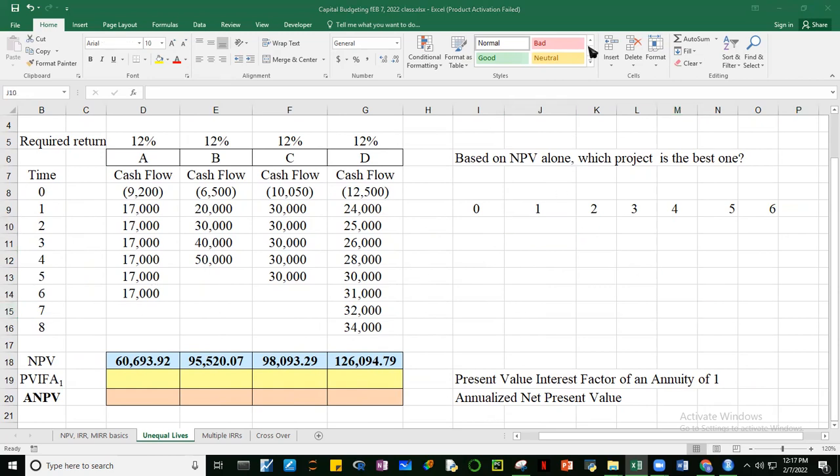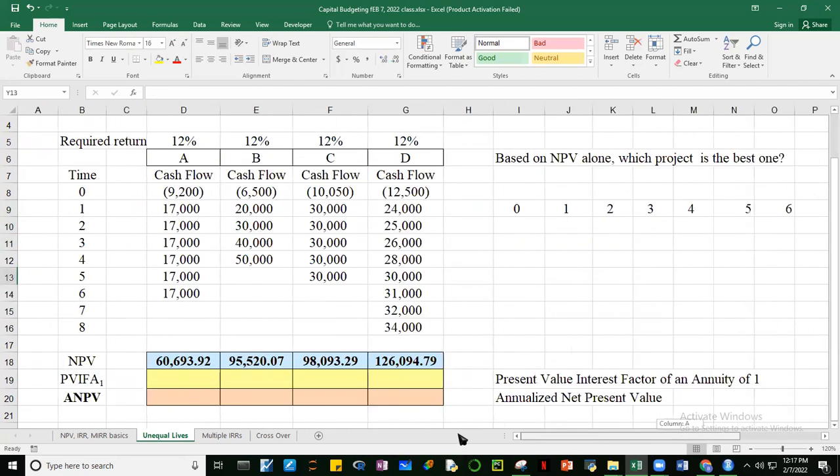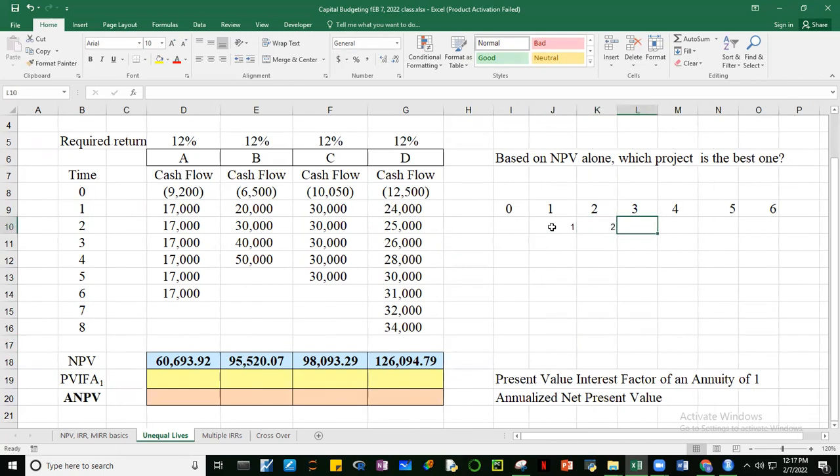what we do is we're going to compute for the present value of an annuity of 1. So ano ibig sabihin nun? Ibig sabihin nun guys, lalagay tayo ng annuity ng 1. This is 1, 1. Okay. Yan, no? So meron tayong 1, 1, 1, 1, 1. Annuity yan, ano? Annuity ng 1 for 6 years. Bakit 6 years? Kasi 6 years yung life ni Project A. Okay? Then what we have to do is to compute for the present value of this.